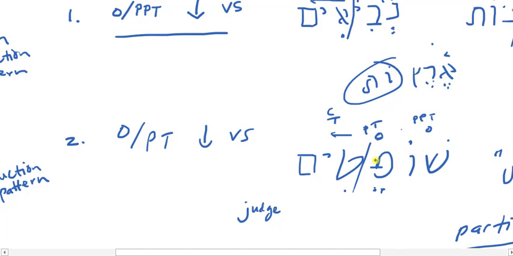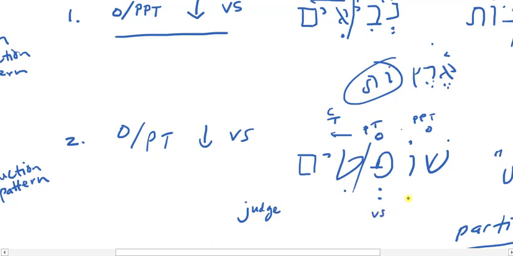Okay. Now, in this situation, since it's under paragraph number 2, the syllable that becomes open and pretonic here is the one that's going to reduce to vocal shewa. Even if I wanted to reduce the sho open propretonic syllable to vocal shewa, could I do that? No, because holam vav is historically long and therefore unchangeably long, right? So what Hebrew's going to do here is reduce this open pretonic syllable to a vocal shewa. So instead of shofetim, it's going to become shofatim,